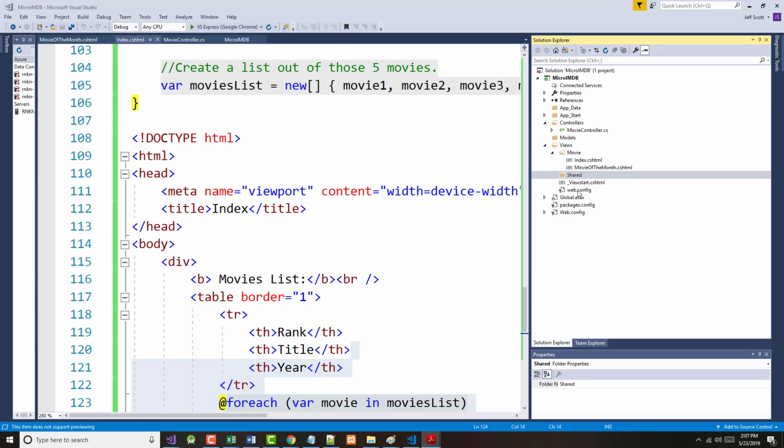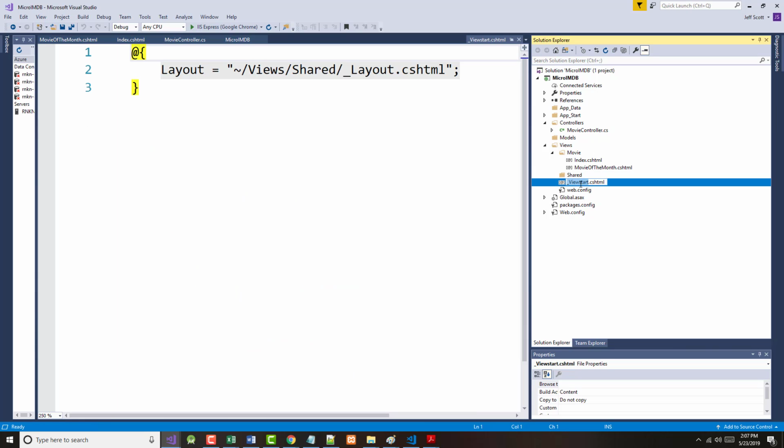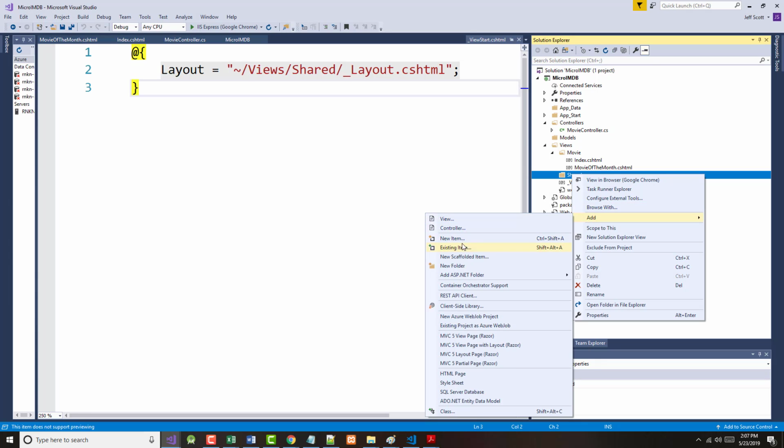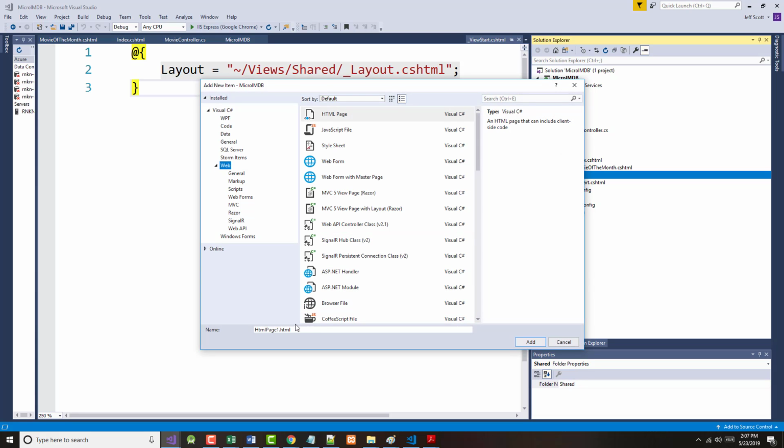So this view start, change it so it has a capital S. And under shared, I want to add a new item that is going to be called underscore layout dot cshtml,